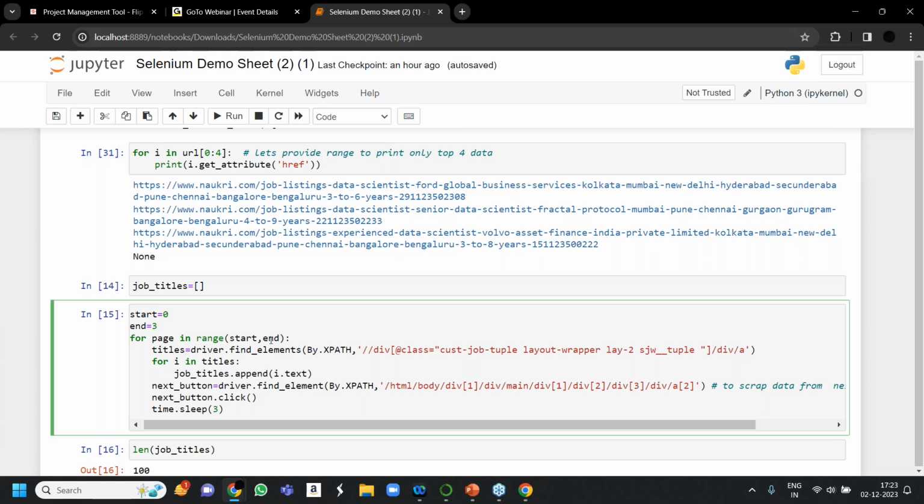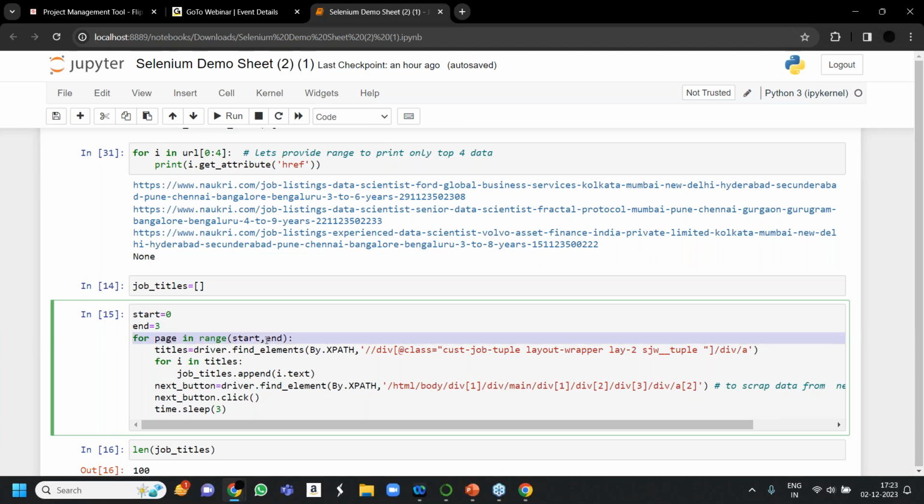Okay, because I'm doing it using coding. So I'll tell the system from which page you have to go and till where you need to travel. So that will come from for page in range(start, end). It will take the value from the system that I only need to go to page 3. I will stop the coding at page 3.